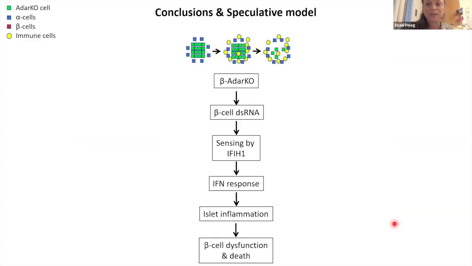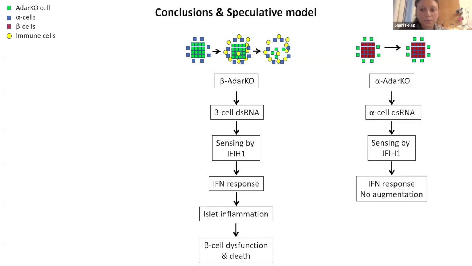And in this last slide, I'd like to explain how this all can fit into what we know about type 1 diabetes pathogenesis. So beginning with our beta ADAR knockout model. This model caused impaired RNA editing, which leads to the accumulation of endogenous beta cell double-stranded RNA, which is sensed by Th1, leads to interferon response, islet inflammation, and beta cell dysfunction and death. On the other hand, we have our alpha ADAR knockout model, which leads to the accumulation of alpha cell double-stranded RNA. This leads to sensing by Th1, but leads to only a minor interferon